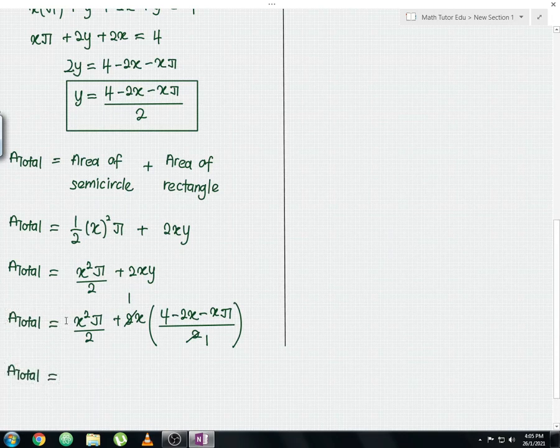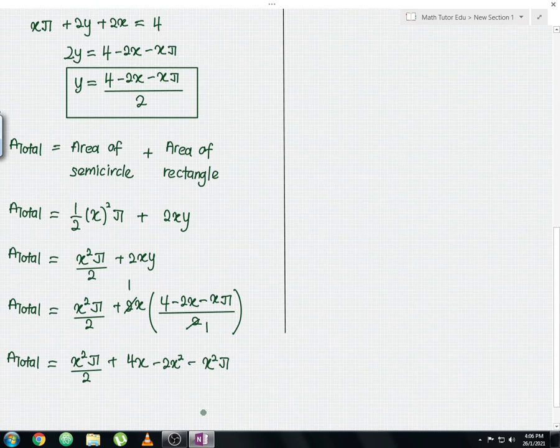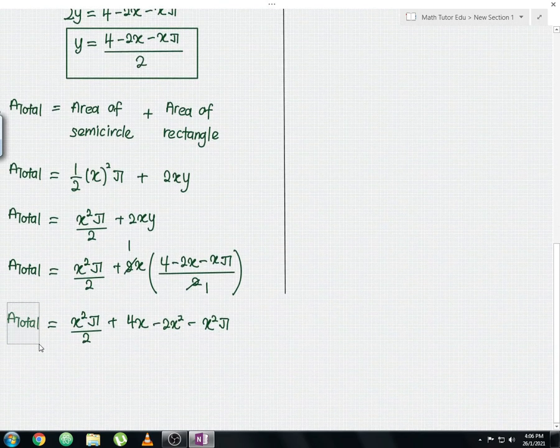So the total area will be x squared pi over 2, and then plus 4x. x times 4 you should get is 4x, and then minus 2x squared. So x times negative 2x you should get is negative 2x squared, and then minus x squared pi. So x times negative x pi, you should get is negative x squared pi. Okay, so from here you should get your total area will be